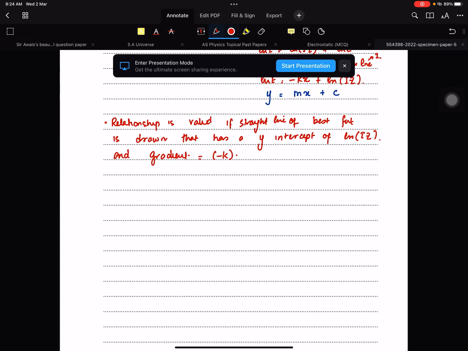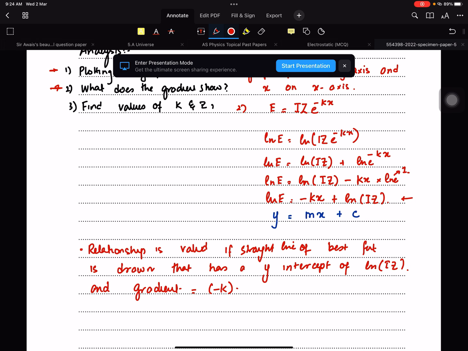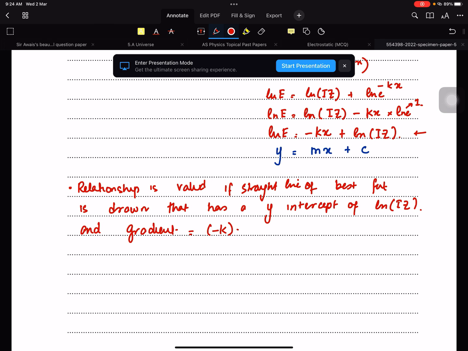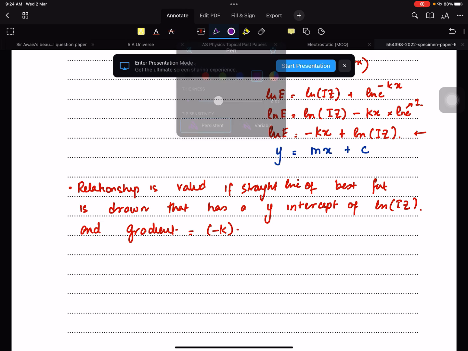So I'm taking a lot of space, I should not. So this can only be done if you do this, otherwise you will be pretty stuck here. So I've answered the first question, I've answered the second. Now I'll tell you how to find this. Always remember that because he asked for the variables, I'm going to write it here. k will be equal to minus gradient of this equation, and to find z, so y-intercept